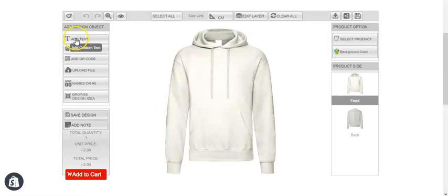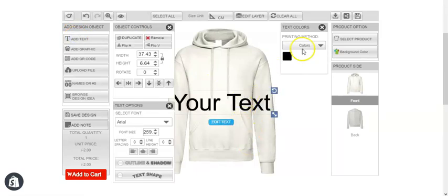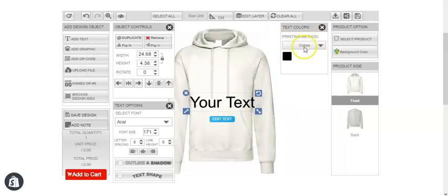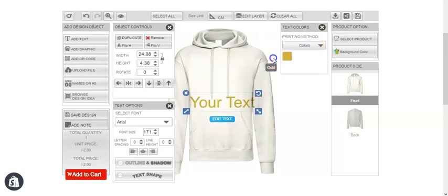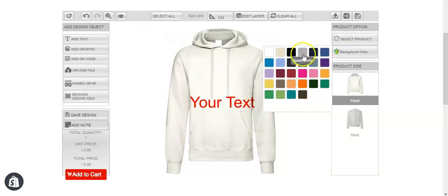Now if you add a text, for example here, you can see that the printing method is colors. And the embroidery is also there, but we'll come back to that later. So now let's concentrate on the color, and you can see the colors that you have applied are showing here. Also, if you change the background color,